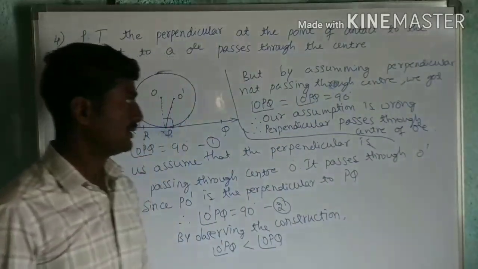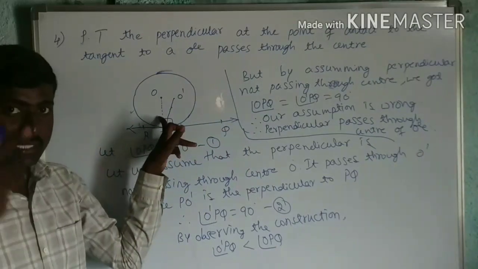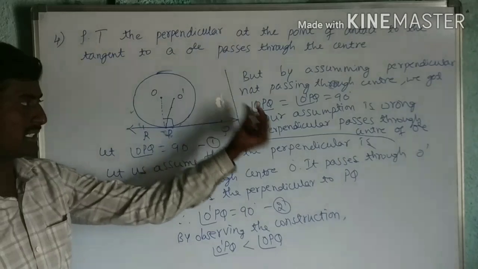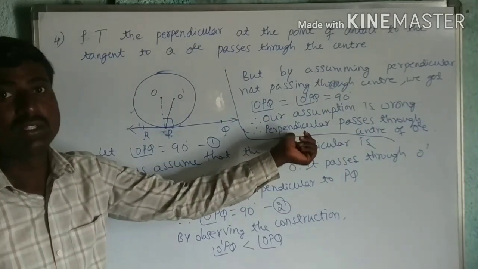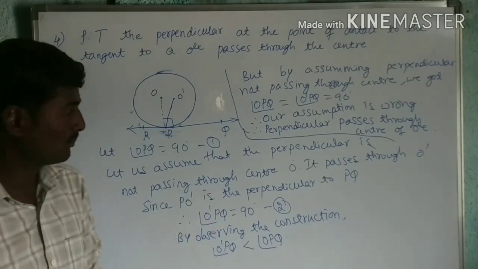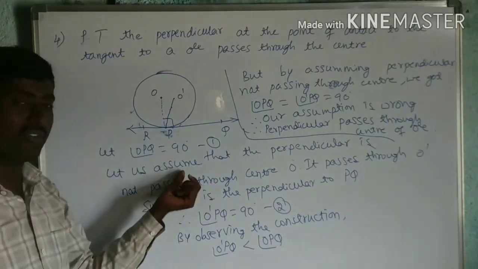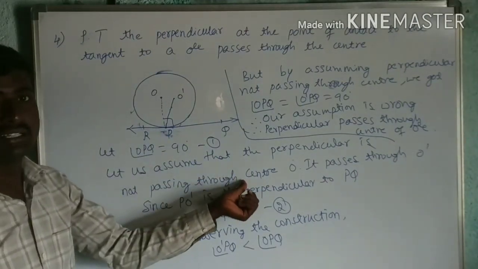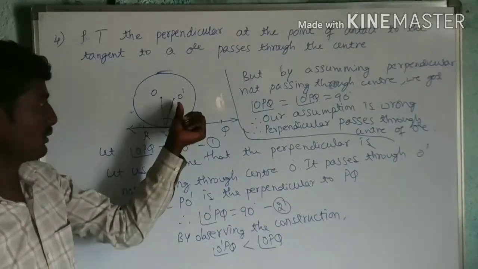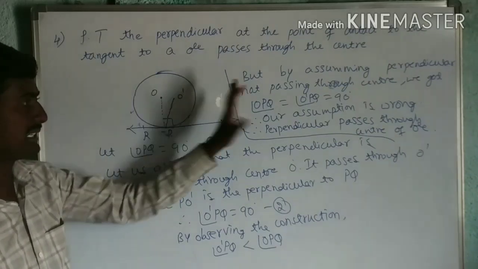Okay. So our assumption is wrong. Then I can say that that perpendicular must be passing through the center of the circle. This statement is known. But how to prove? We can prove that by contradiction method. Contradiction means in negative direction we have to move. So what we are going to prove, we have to assume it as wrong. So I will go for another way. By assuming that it is not passing through the center, it is passing through some other point. So what we assumed is wrong. Therefore, it passes through the center of the circle.